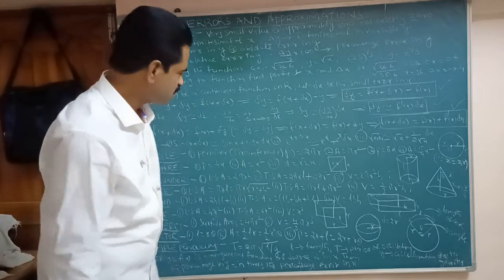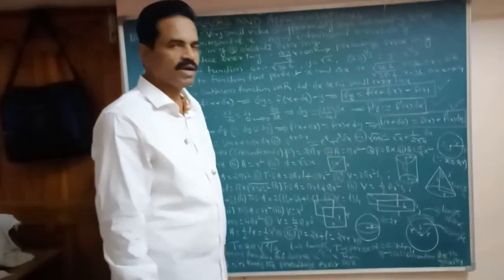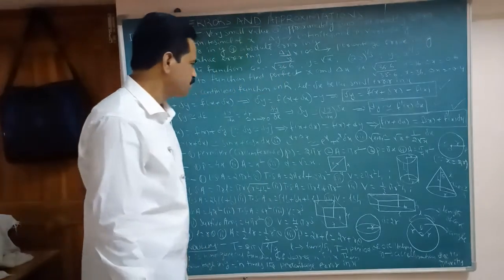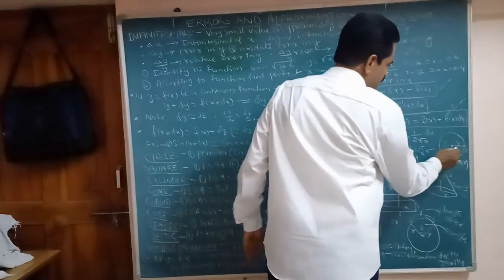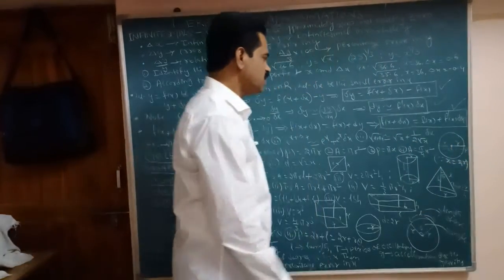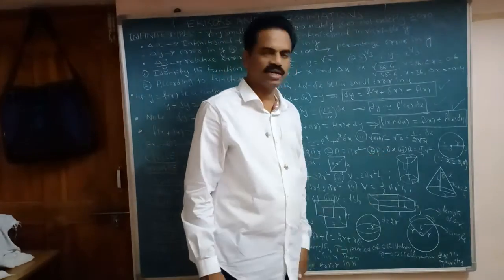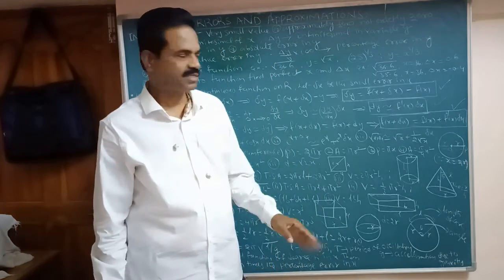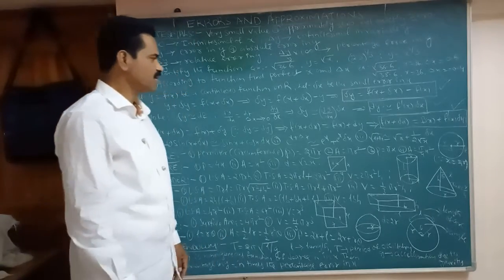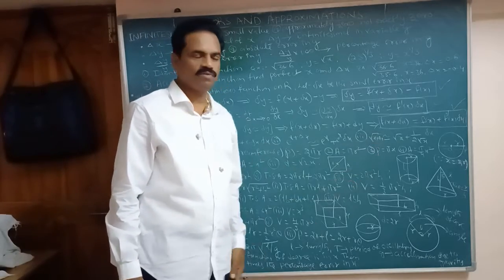Okay? For the circle we know the circumference, perimeter P equal to 2 pi r, and area of the circle is pi r square. P equal to perimeter. Here the diameter is x, then x equal to 2r. So perimeter in terms of the diameter x is what here? P equal to pi x, and A equal to pi by 4 x square, because r equal to x by 2, x square by 4, that is pi by 4 x square.